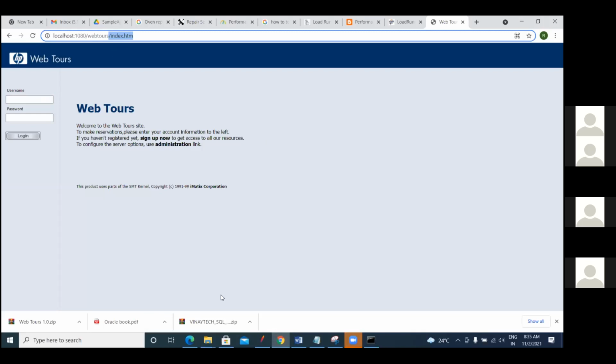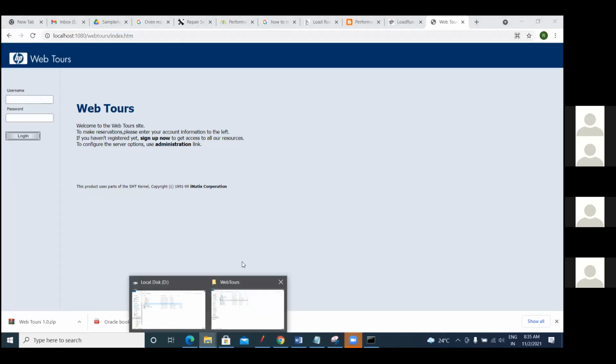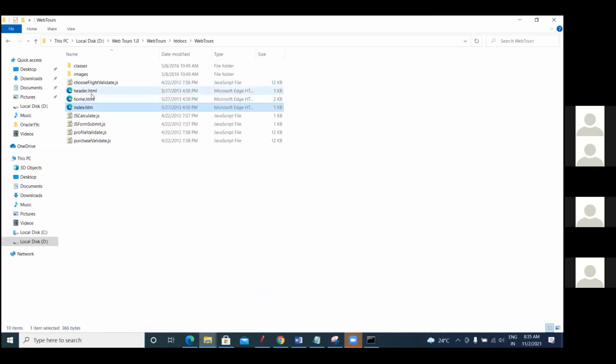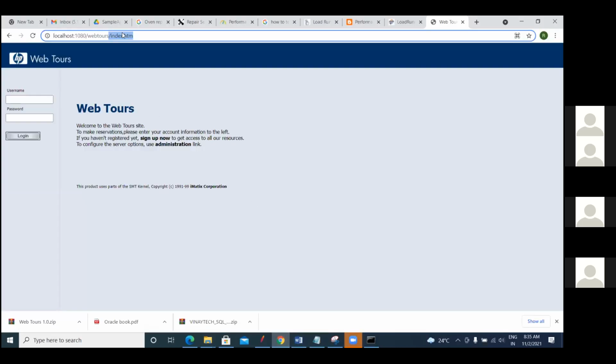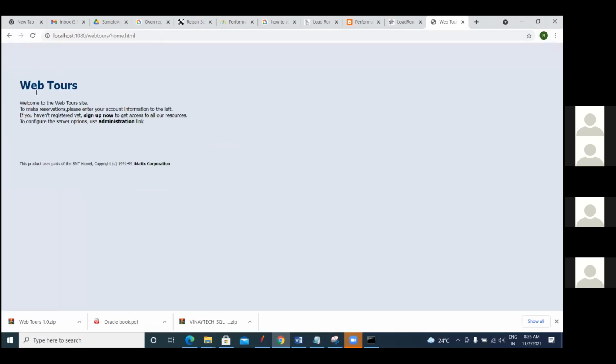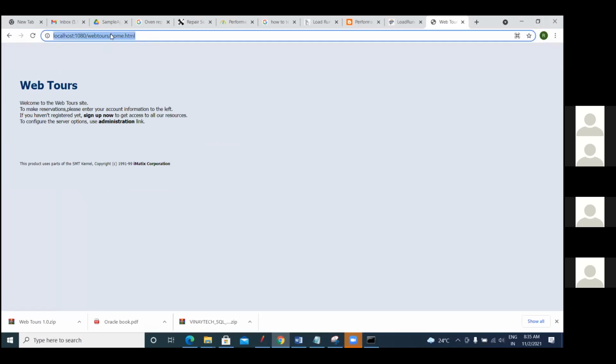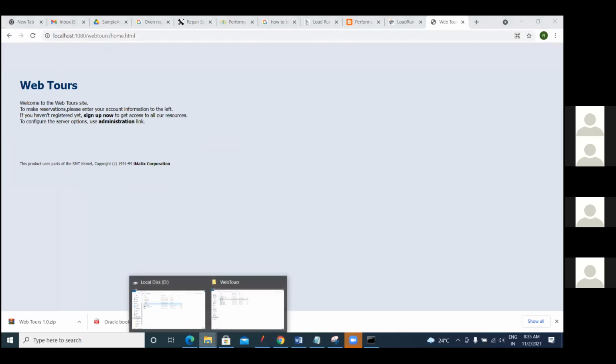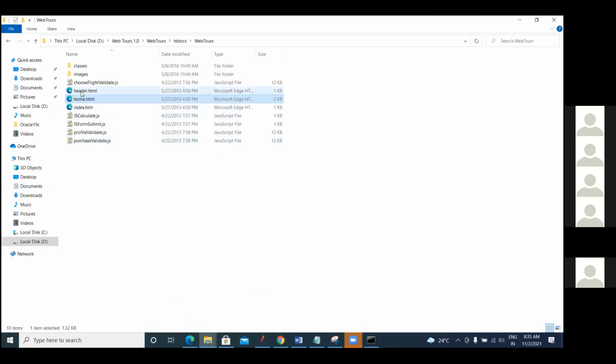Suppose there are some more HTML pages. Observe here, header.html and home.html. If we send a request to that, it will get that page. Suppose I type here home.html and send a request to the server. Now this is the home.html page. And there is one more page called header.html.